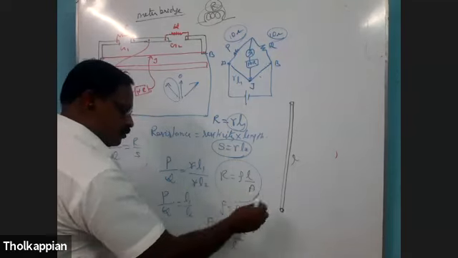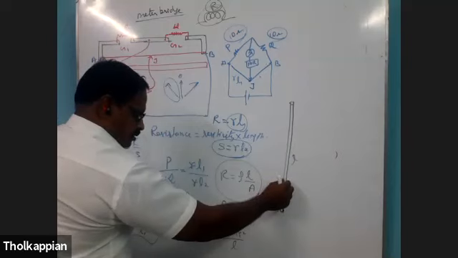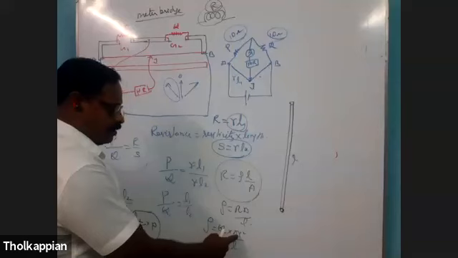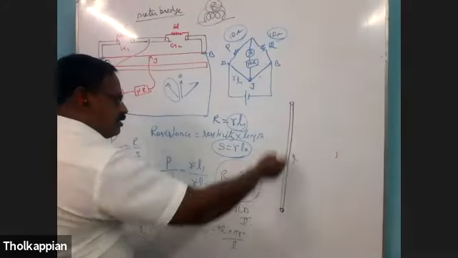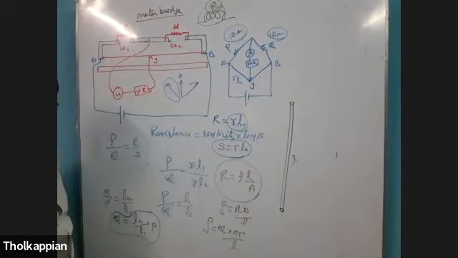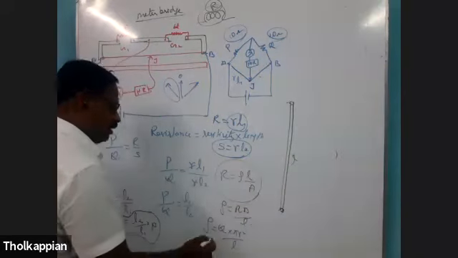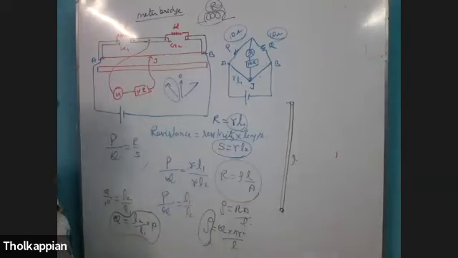By using a screw gauge, you can find the thickness, and from that you can find the radius. The pi value you know. The length of the wire you can find just using a meter scale. Knowing all those values, you can find the resistivity of the given coil of wire. So this is your experiment.